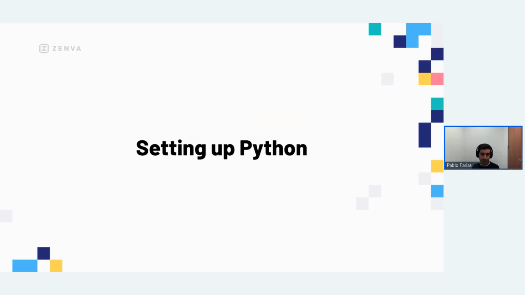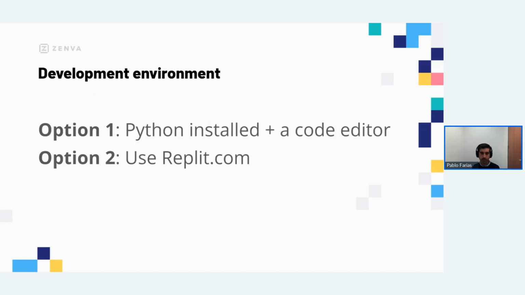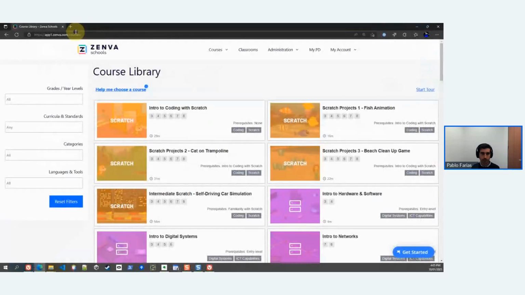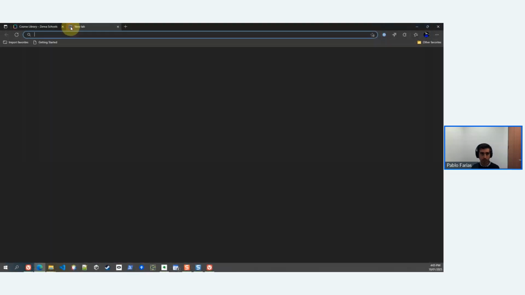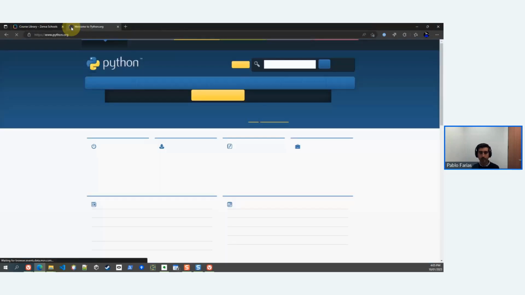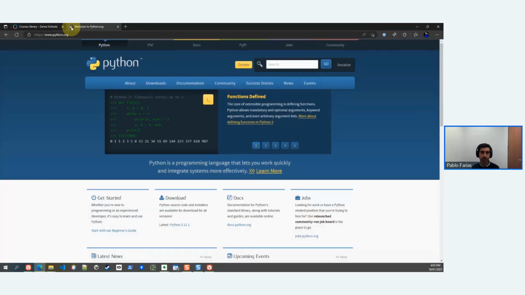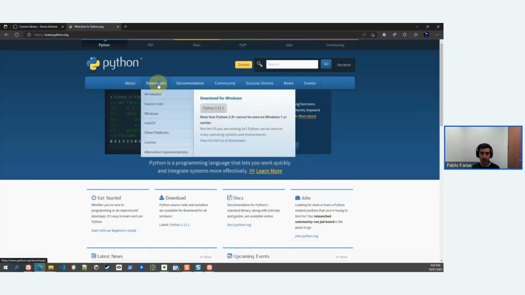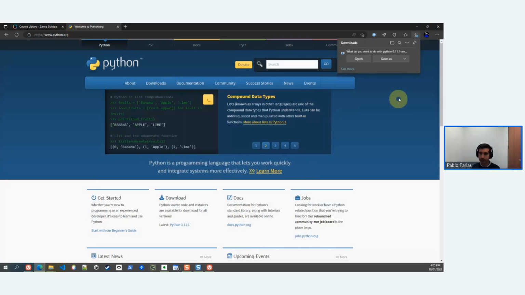All right, so setting up Python. That's a common question. How do we actually install Python? What do we need? If you're going to be installing it in your computer lab or in students' computers, what you do is you go to python.org, and you can do this in Mac, in Windows, in Linux, and then you'll find downloads. And in here, you will be able to download the latest file and run that installer in